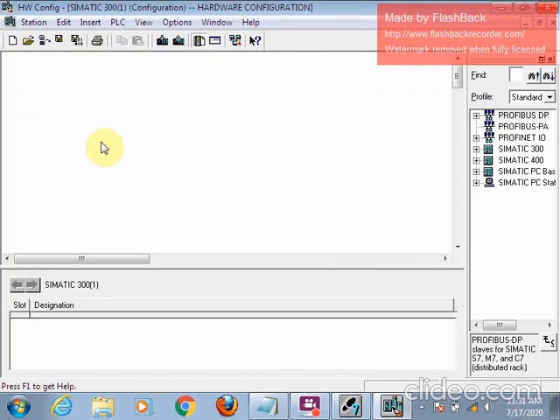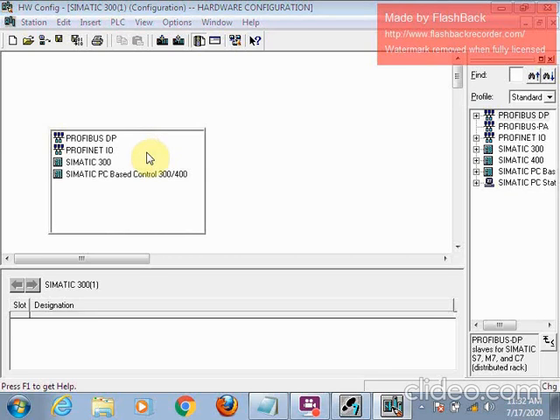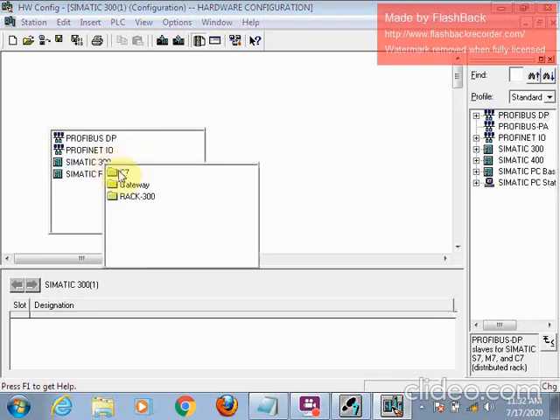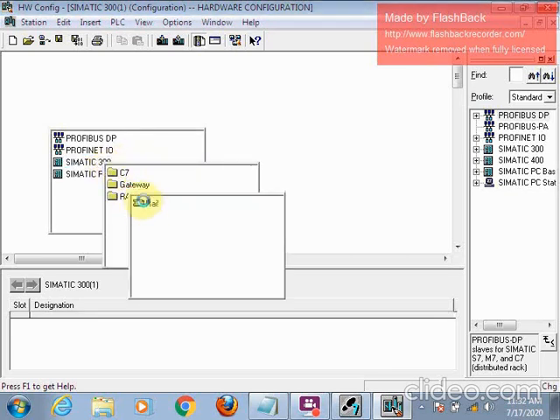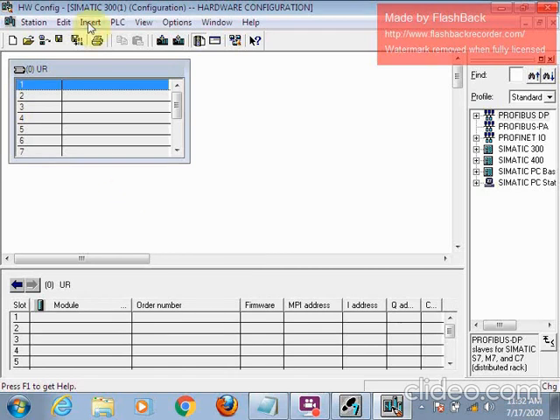Right click on this blank window, insert object, Simatic 300 rack rail. So here you will see the rack is inserted.